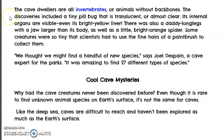The discoveries included a tiny pill bug that is translucent, or almost clear. Its internal organs are visible, even its bright yellow liver. There was also a daddy longlegs with a jaw larger than its body, as well as a little bright orange spider. Some creatures were so tiny that scientists had to use the fine hairs of a paintbrush just to collect